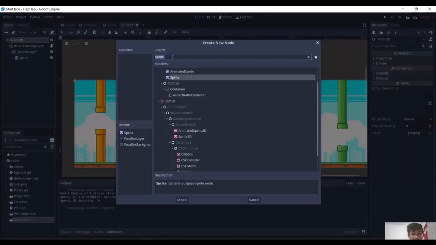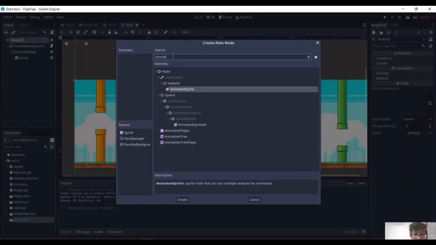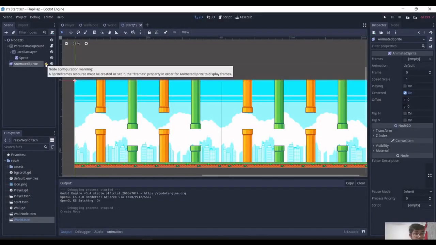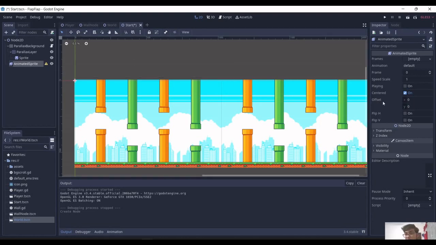Let me add an animated sprite. Yes, we have got an animated sprite, and it shows a warning. A sprite frames resource must be created. Okay, so I'll create it, don't worry. So I need to give it some frames to work on so that it can set at how many FPS that sprite has to run and other things. So I'll do a new sprite frames because I have not created any sprite frames object in my assets,